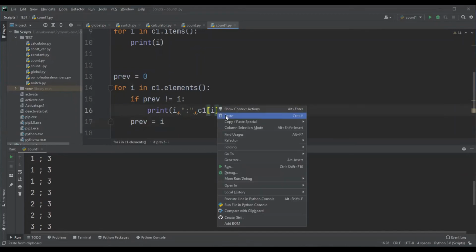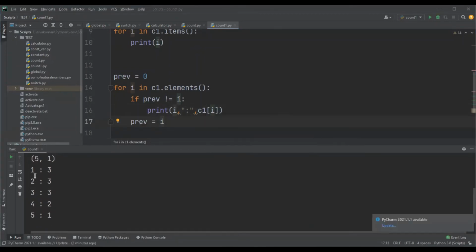Let me run this program now. Now the output looks good. So we got all elements and their counts. This is how we can access elements of a counter using the elements method.